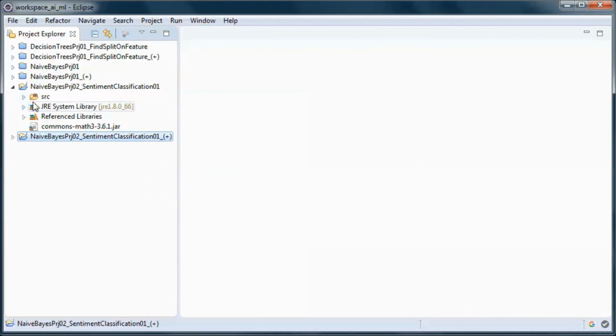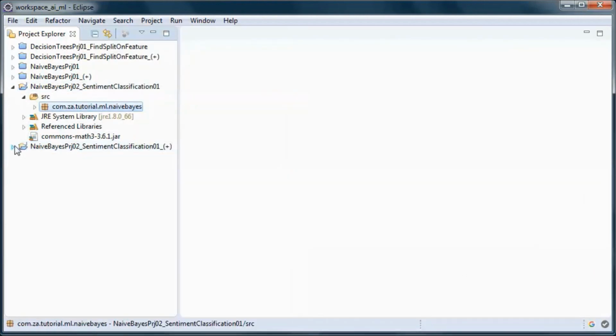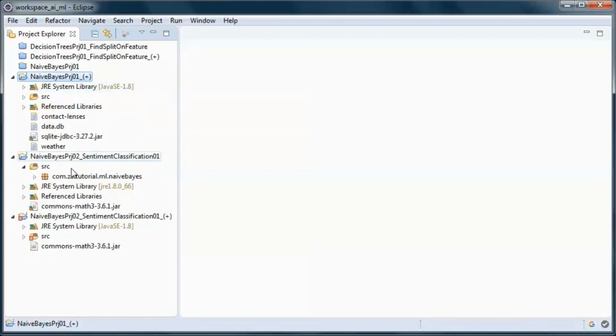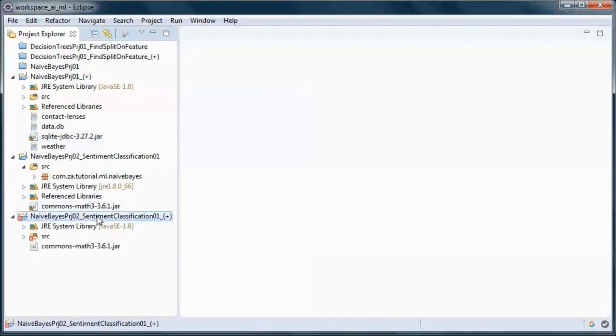And copy this code, and this jar, and we will need this SQLite jar.